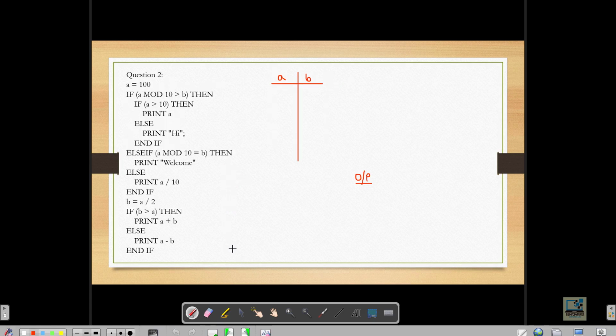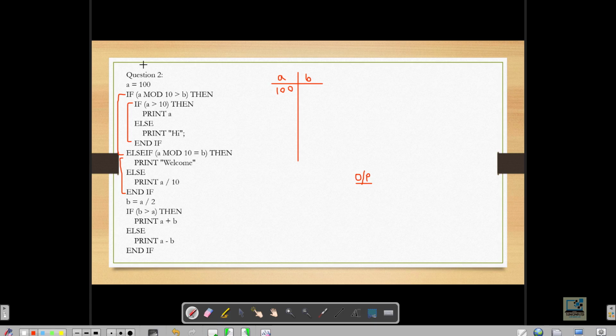In the second one we have A 100, okay, and we have an if condition, it is if and else, and inside of the first if condition there is one more if else, this part, okay, and this if else if has the else part over here, okay, this part is the else part. So if, else if, and then else, like that.